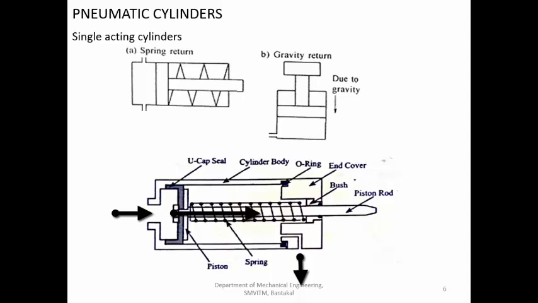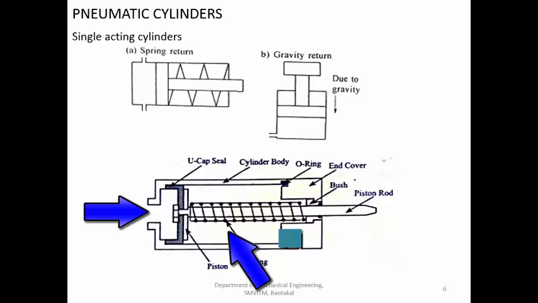If you do not make this provision, what will happen? When you supply high pressure air and this portion is closed, the air present on the other side will be compressed. When that air is compressed, at some point the piston cannot move forward, because the pressure on one side will be equal to the pressure on the supply side. The piston will simply stop. So to avoid that, you have an escape vent through which the air will easily escape. Once you continuously supply the high pressure air, the piston will move forward to the end, and the load is moved to the other side.